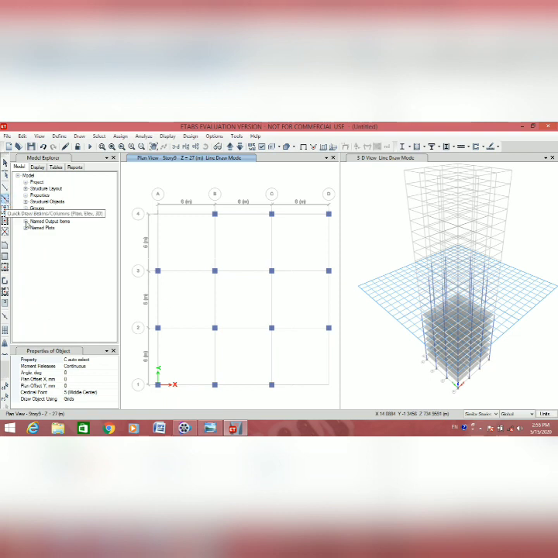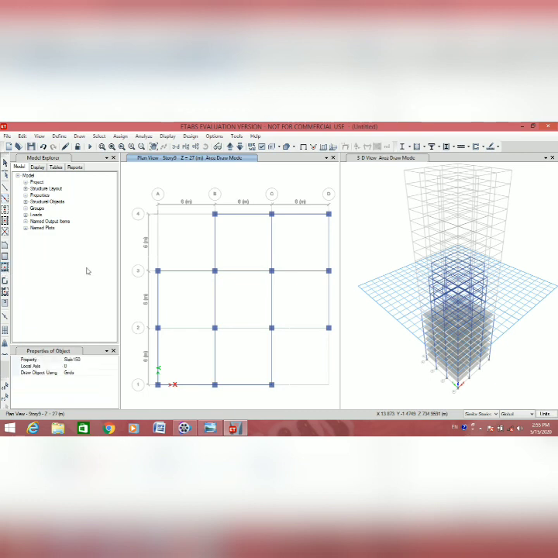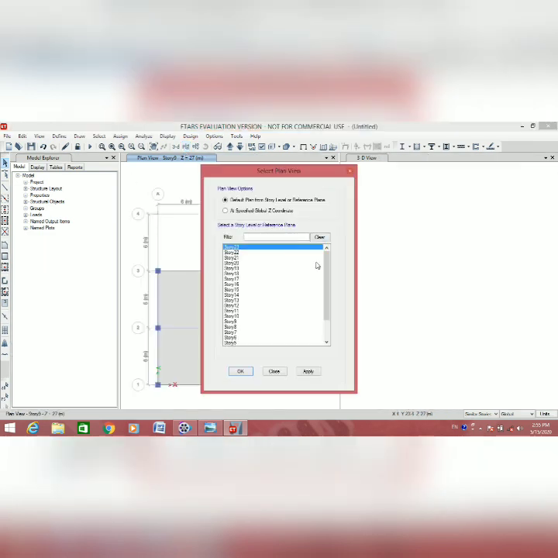Select quick draw beam and draw the beam, and draw the slab. And go to the plan, and select story 14 in the dialog box. Click OK.